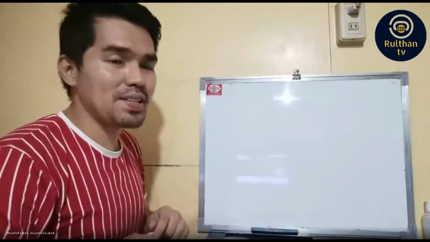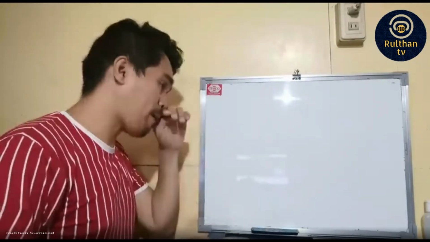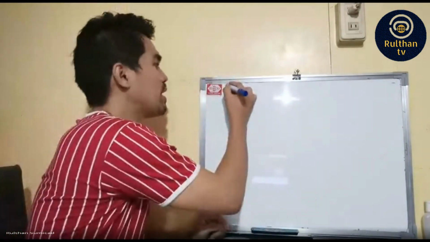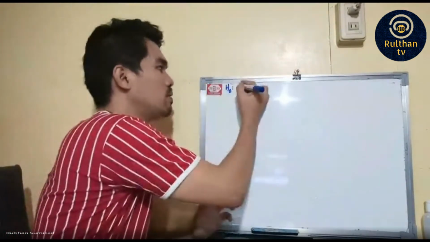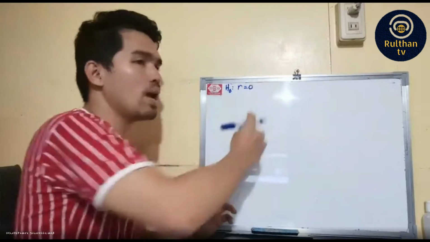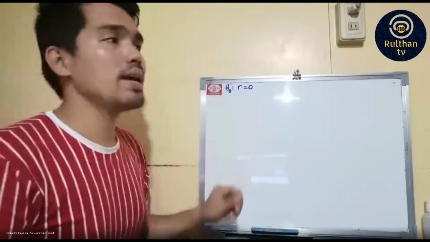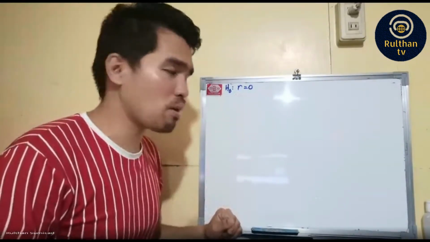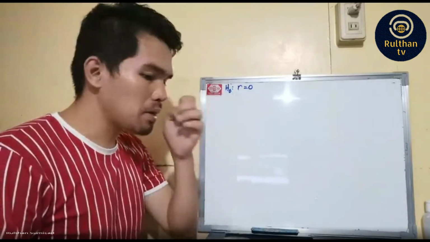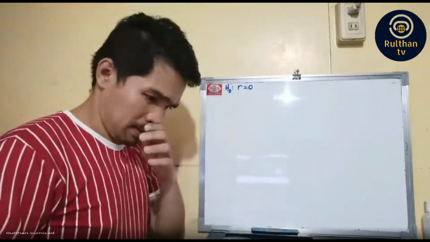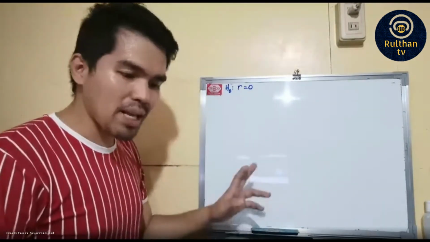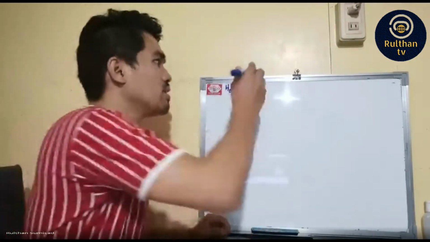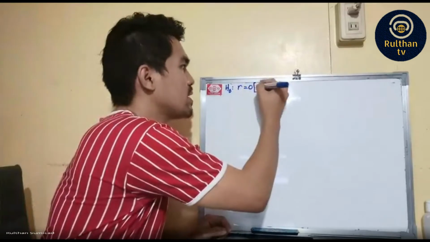Remember, our first step is we have to state our null hypothesis. So first, we will have our H0. In this case, our H0: r equals 0. R here is represented by our Pearson's r, or the Pearson's coefficient, equals 0. It means to say that there is no correlation going on between atmospheric temperature and the total sale of fruit shake. So in statement, this is